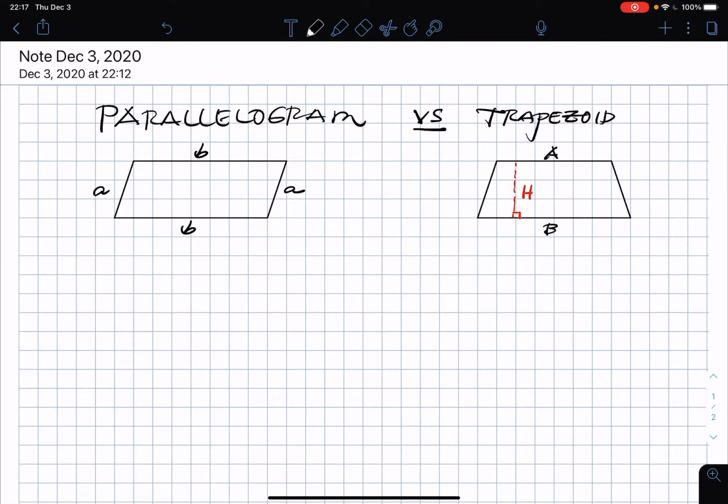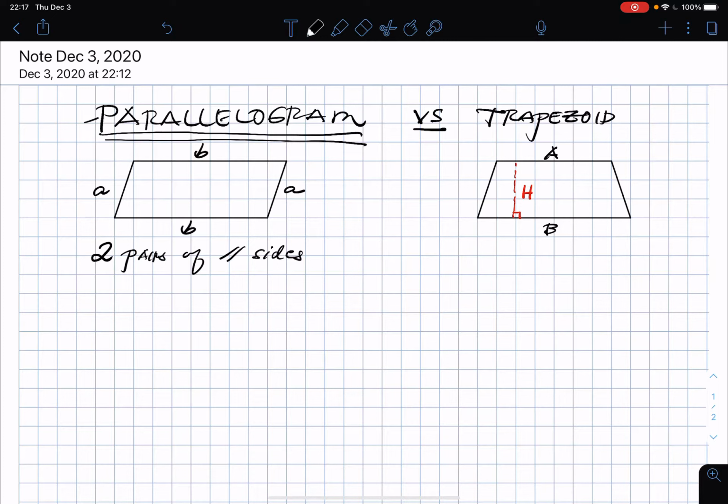textbook, we know that the area of the square is base times height. Okay, one side times the other side. Now, when we say parallelogram, it means that you have two pairs of parallel sides. Okay. If you have two pairs of parallel sides, it is a parallelogram. Okay, and the area is A times B,